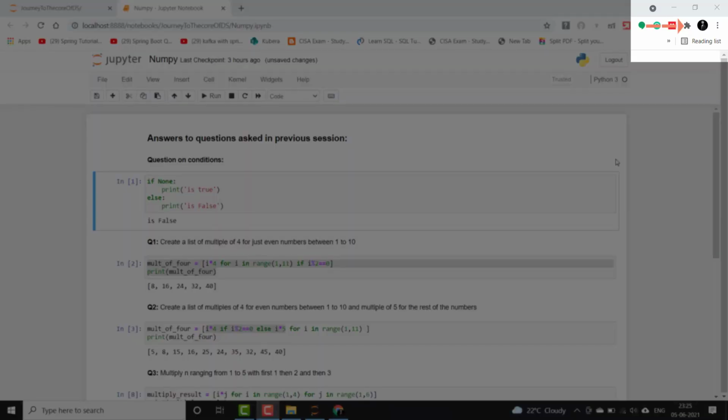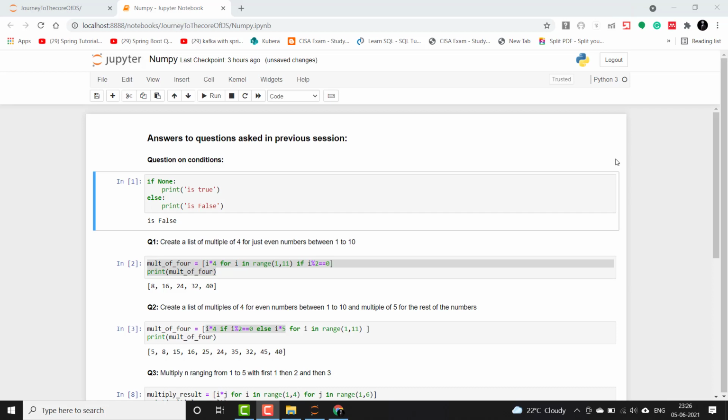In today's session, we will focus on the NumPy library, which is a useful library provided by Python and is essential for any analyst or data scientist to have good hands-on experience with. Before moving to our topic of the day, I would like to disclose the previous session's answers that I have promised. The first question was from the conditions, that is from if, elif and else.